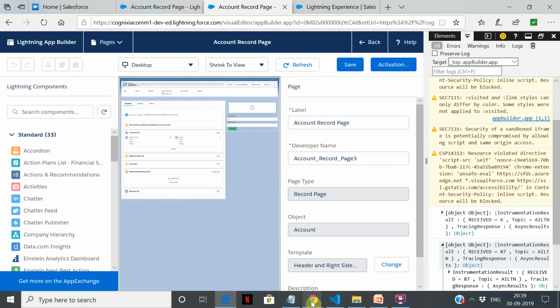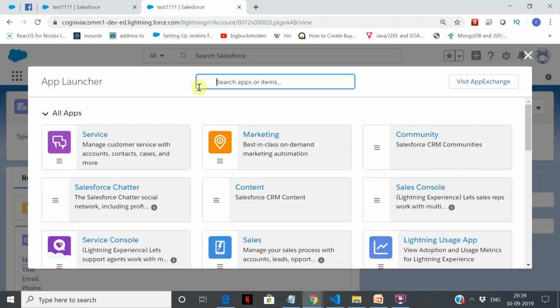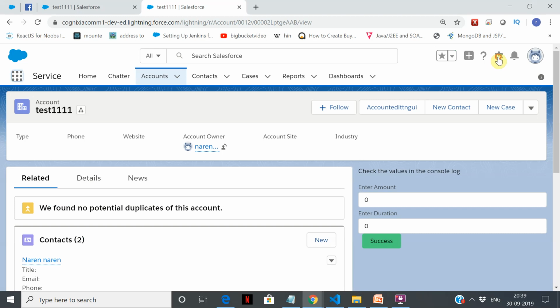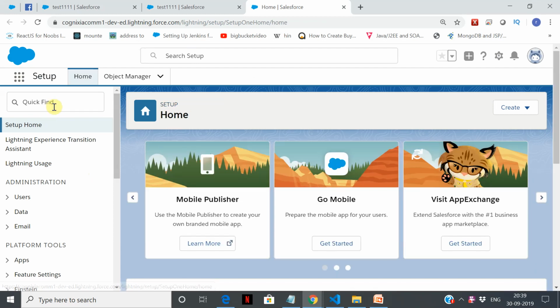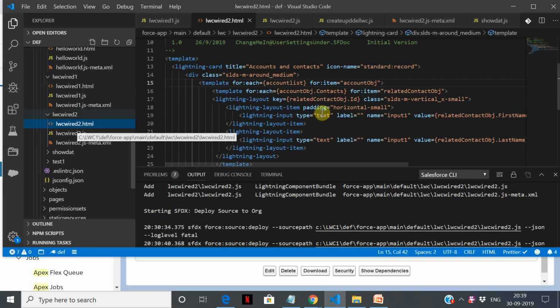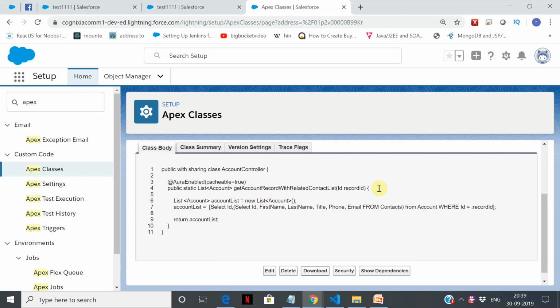Alright, the reason I'm showing you this is in this query there's contacts. Why we are giving this is, first it is going to return the account list, but within this we are doing a subquery, so we're getting that data. So we are showing this list of accounts.